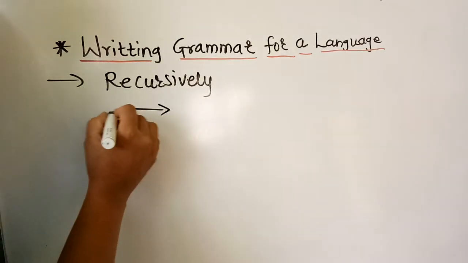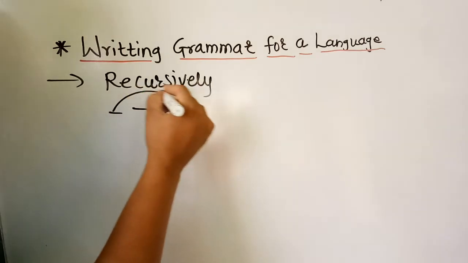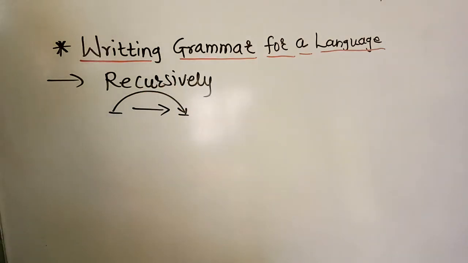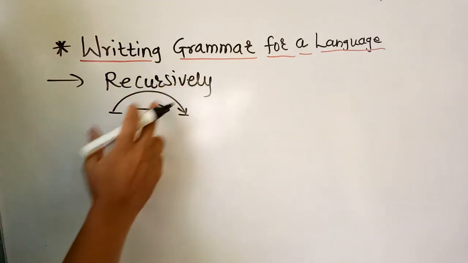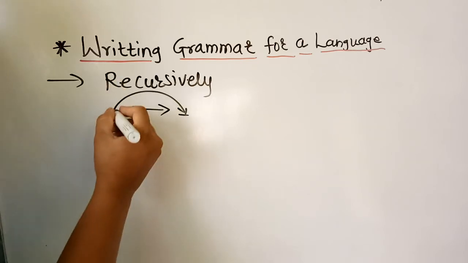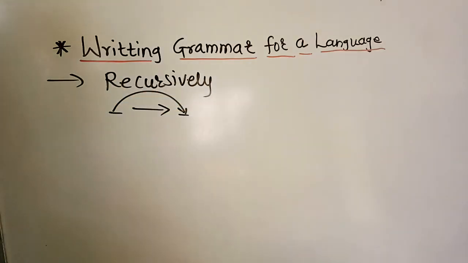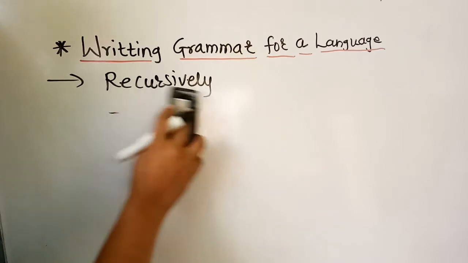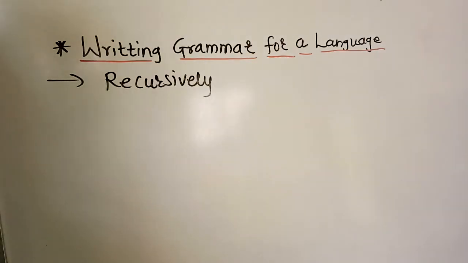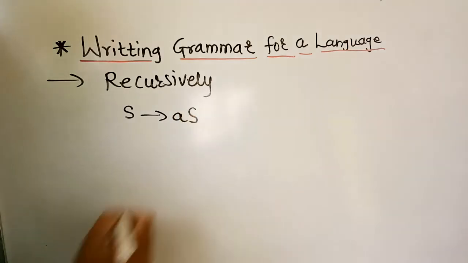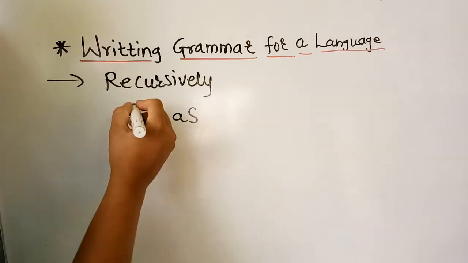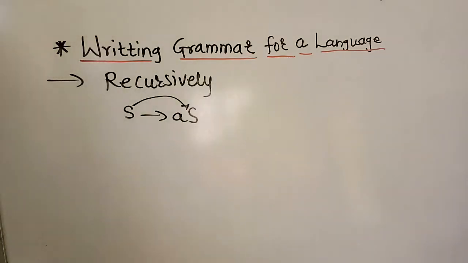This is the arrowhead, this is the left side, this is the right side. If this variable again occurs on its right side, then for a recursive derivation of any string we have to use the recursive mechanism, that is, the left hand side symbol will appear as it is on the right hand side. So how can we accomplish this task? I will list out some examples. For example, S gives AS. It is recursive because the left hand side again appears on the right hand side also.